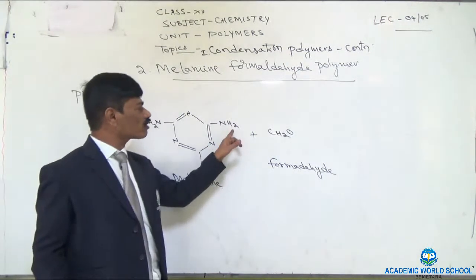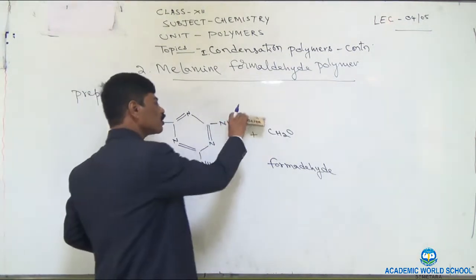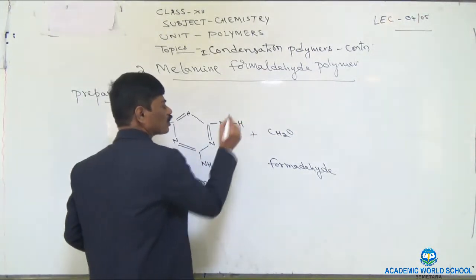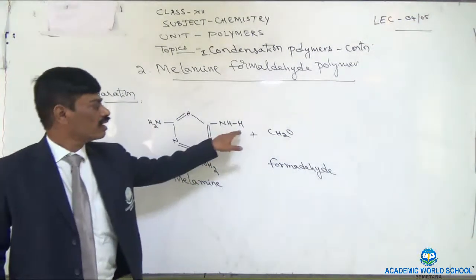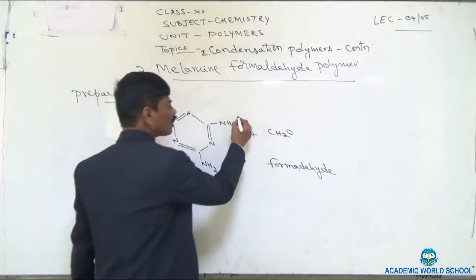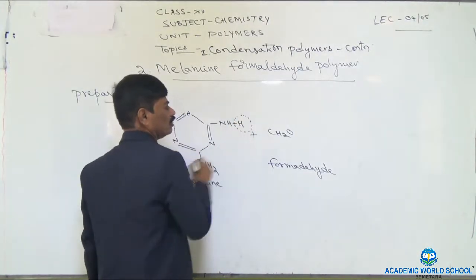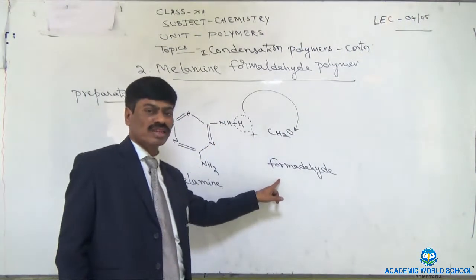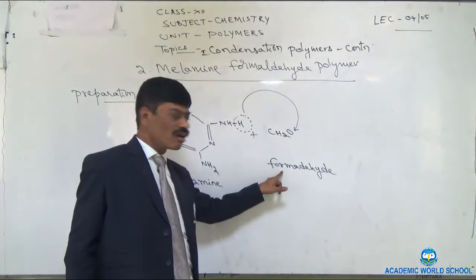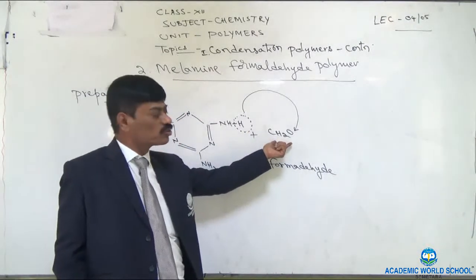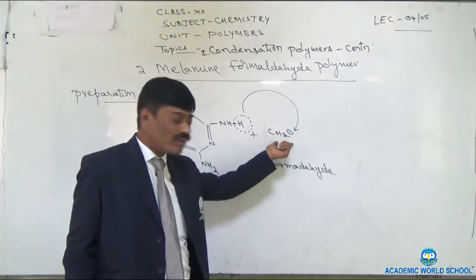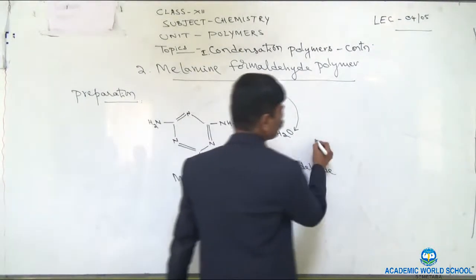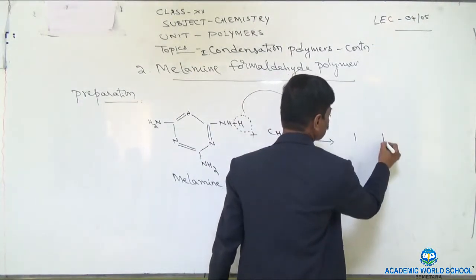And here you remember, if you want, you can show NH2 like this, or you can show it in this way also. If you want to show removal of one hydrogen atom from this, you can show NH2 directly or NH. Now out of this, one hydrogen atom is shifted to the oxygen atom of methanal. Methanal, or formaldehyde. As a result, we will get CH2OH. That CH2OH via its carbon atom gets linked to NH. As a result, we will get the product of this type.